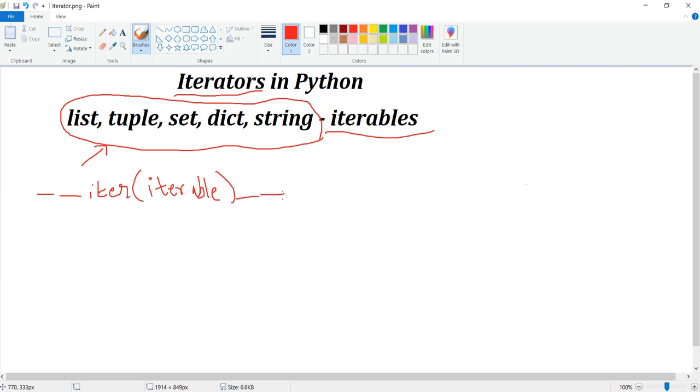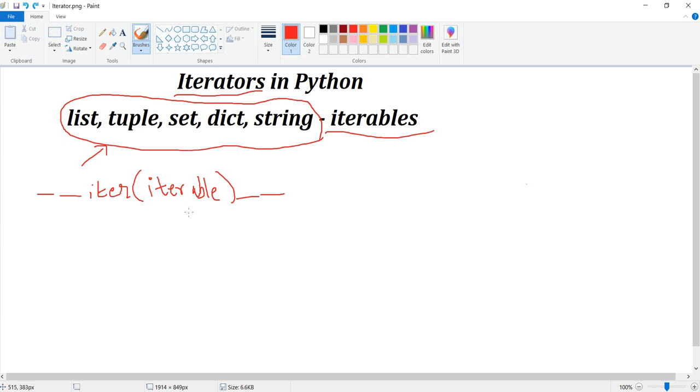We have seen object oriented programming in Python, and this is how we define or initialize a function. This has a similar construct to __init__, so do not get confused with this. We are just talking about __iter__.